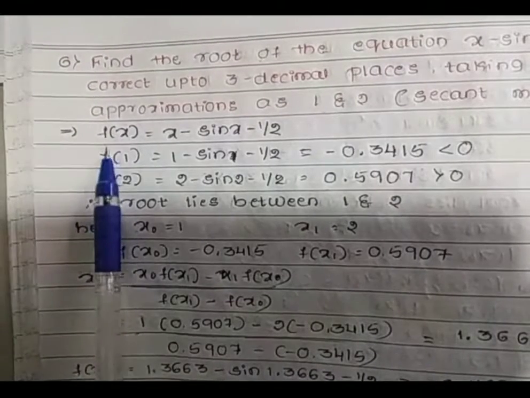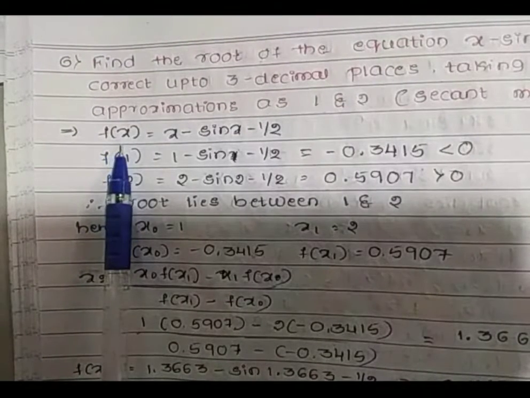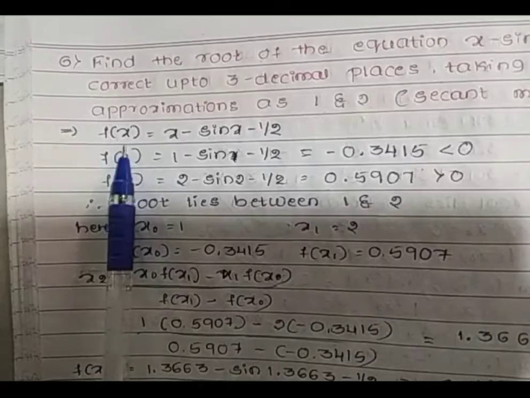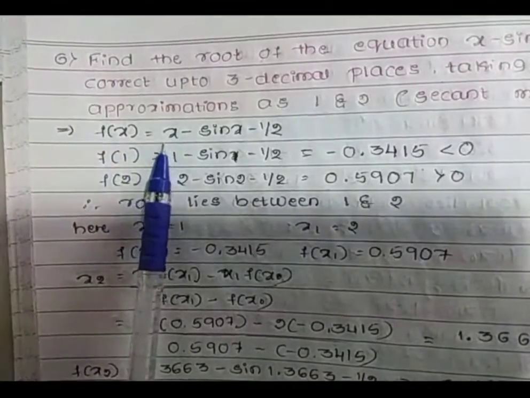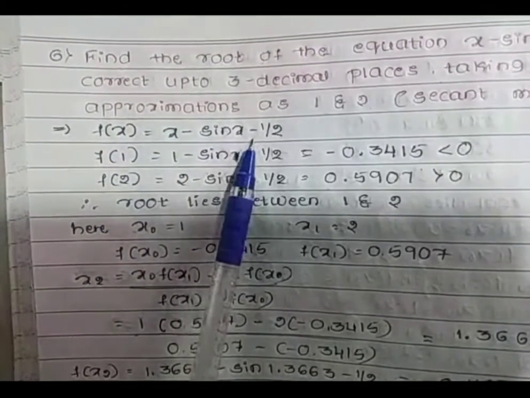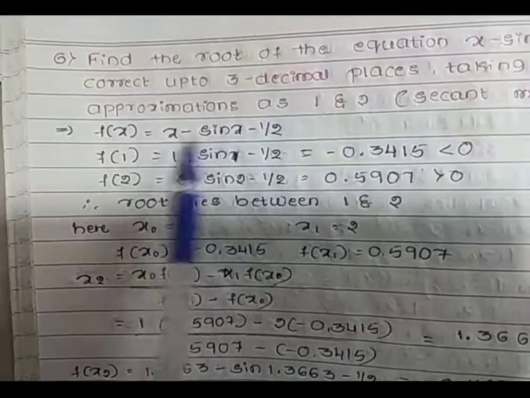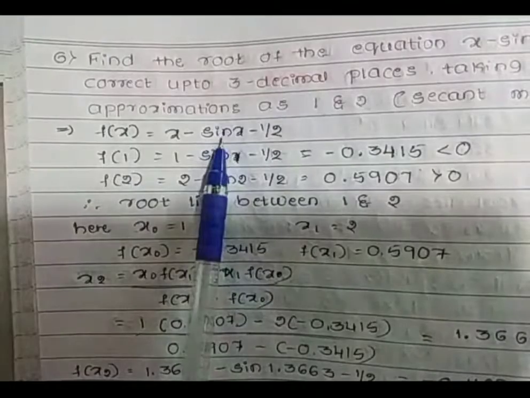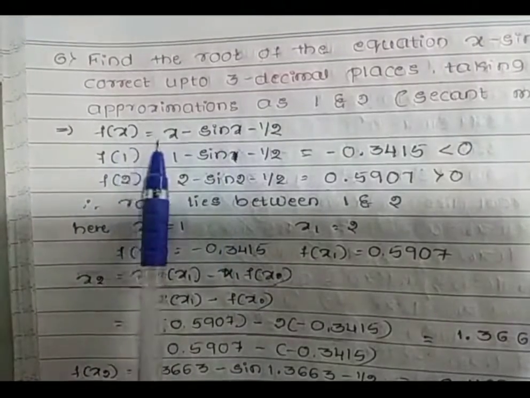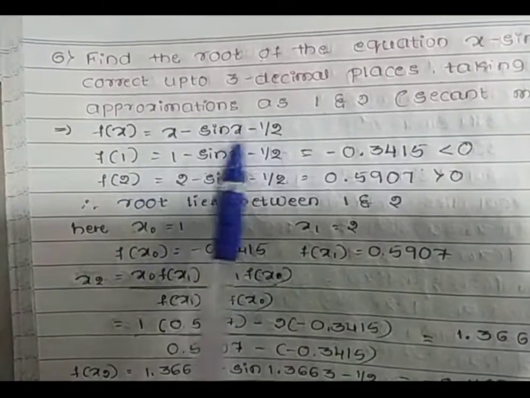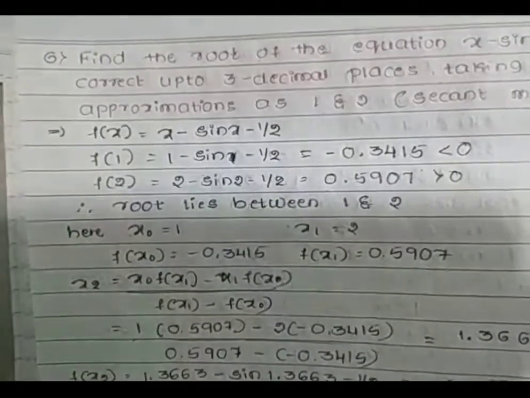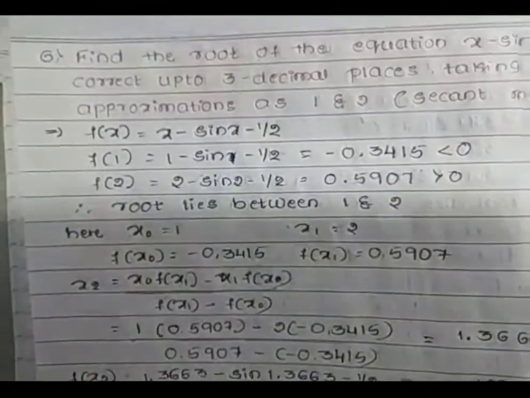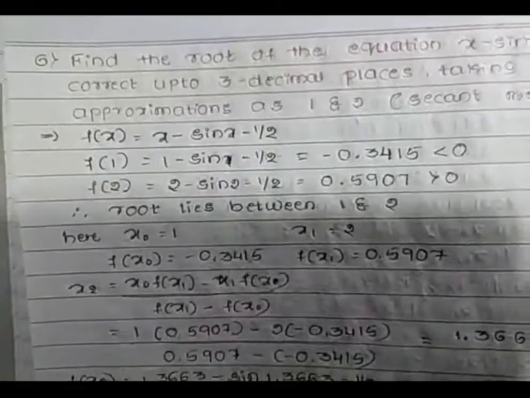See, first consider the given function f of x as it is. So f of x is equal to x minus sine x minus 1 by 2. It is a transcendental equation because of the trigonometry term involved in the equation. So f of x is equal to x minus sine x minus 1 by 2. Whenever you observe any trigonometry term in the given equation, suddenly what you have to do means,